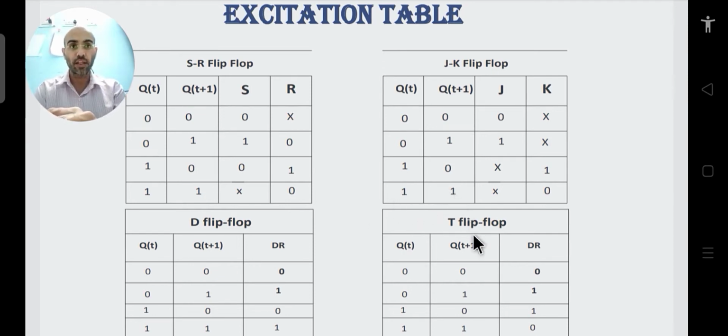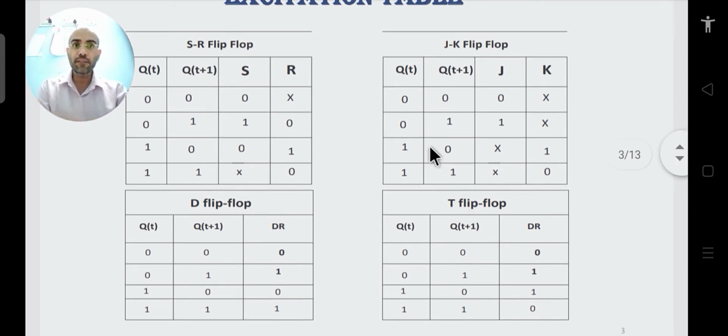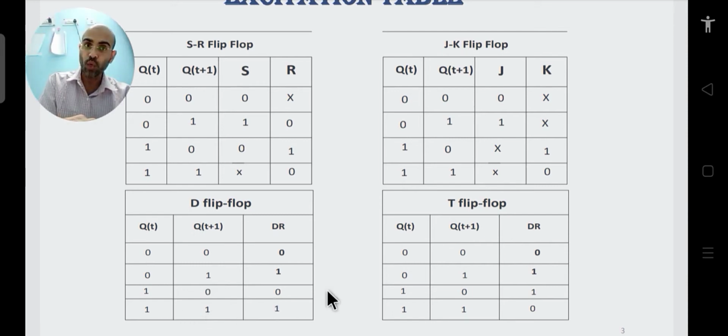Similarly, you can write the table for the D flip-flop. So you can see that whenever your output Qt plus 1 remains the same as Qt as 0, then your input D will be equal to 0. Sorry, it is written as R, but it should be D. And here it should be T in the next table. So when you want Qt plus 1 to be 1, and earlier your Qt was 0, your input D should be connected to 1.